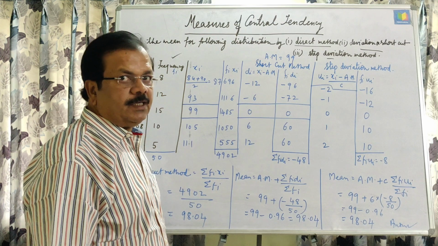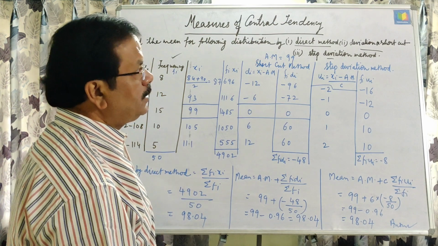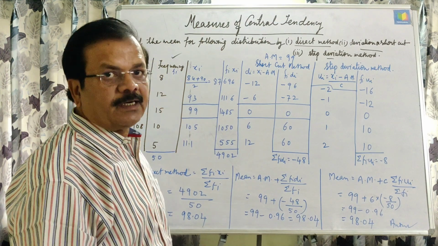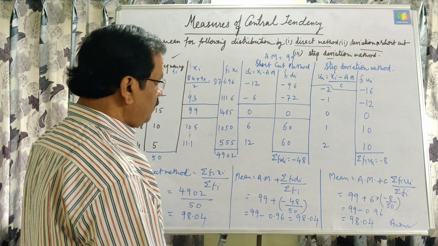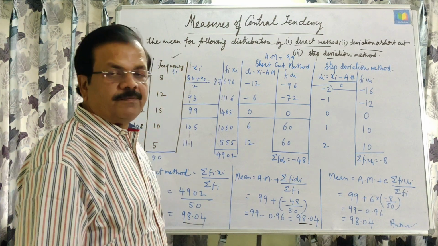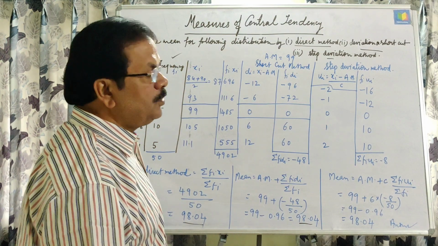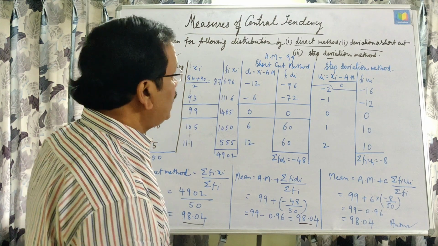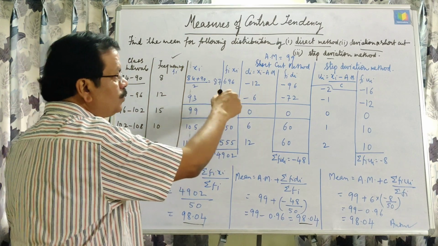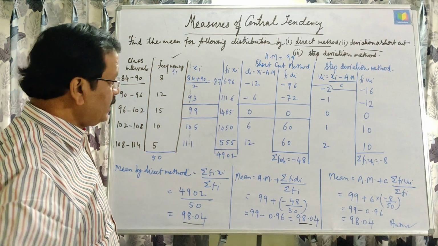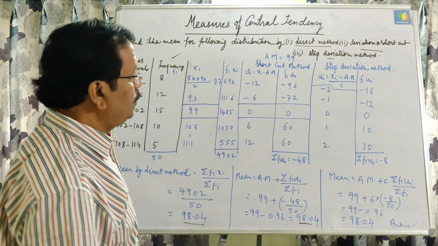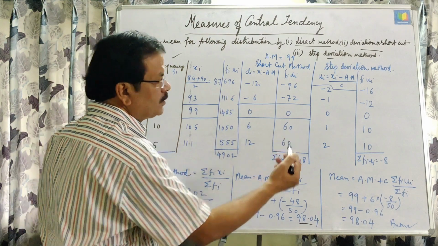Otherwise no marks will be given, and that is why you should read the questions carefully. In that question, just see which method they are asking, because ultimately we will get the same answer in all the methods. But if the method is mentioned, then we use that specific method. I have taken this question and with its help I used all 3 methods, and you can see how they are differentiated. This will be very helpful for you to differentiate between the methods also.